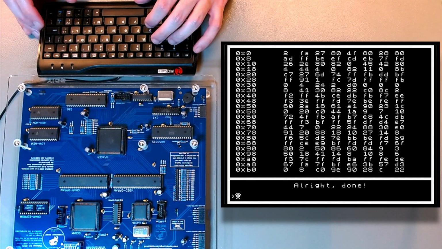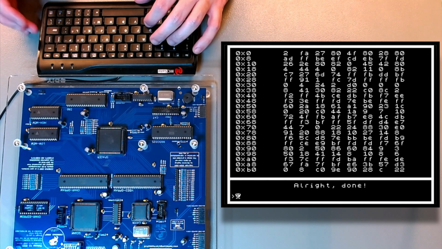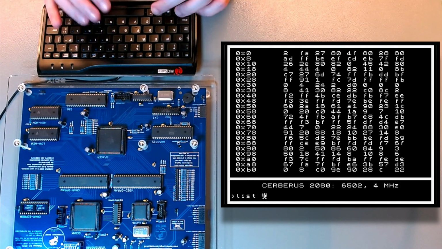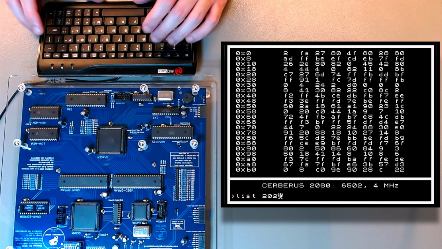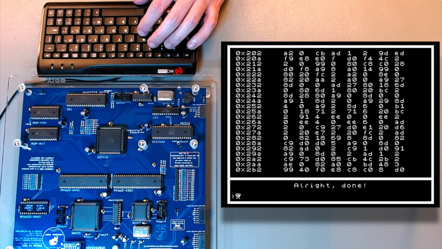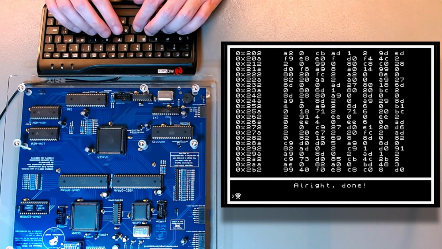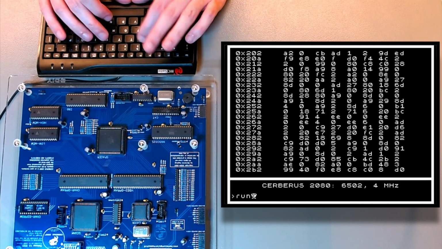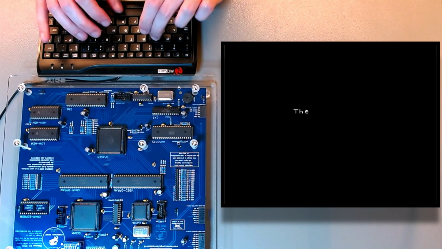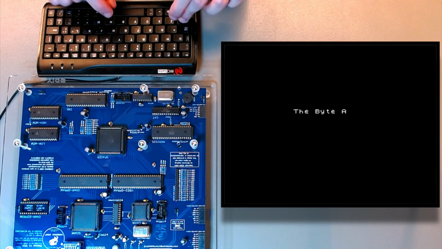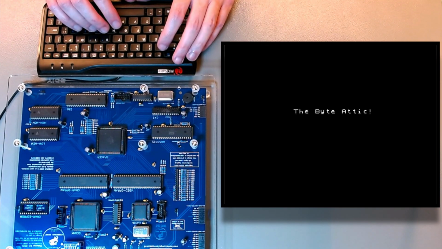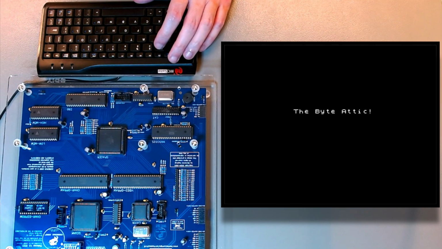By default, list will start from address 0 and show you all the bytes in memory in hexadecimal. But the code area, by default in the BIOS, starts at address 0x202. And so that's where the code I have just loaded is located right now. If I run that code now, it will just create a little typewriter on the screen. That's all. And that's just a simple demonstration of the protocol of